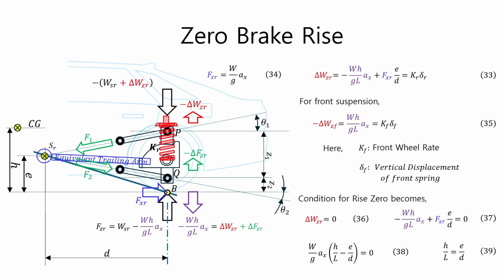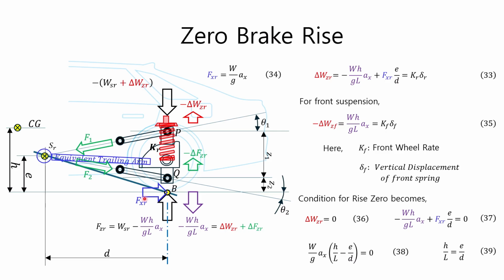Let us continue to determine the condition for the rise to become zero. When braking force is applied to the rear wheels of the vehicle, if no vertical dynamic load is applied to the rear suspension springs, the rise becomes 0. Furthermore, by calculating the spring displacement of the front and rear wheels relative to a line passing vertically through the wheel centers, we can determine the condition that makes the pitch angle 0 when braking force is applied to the